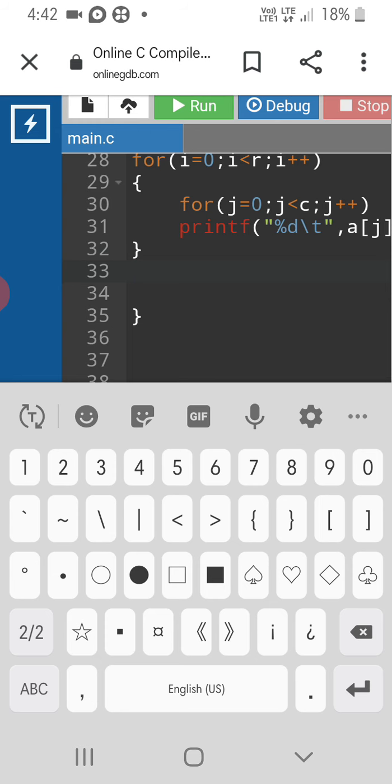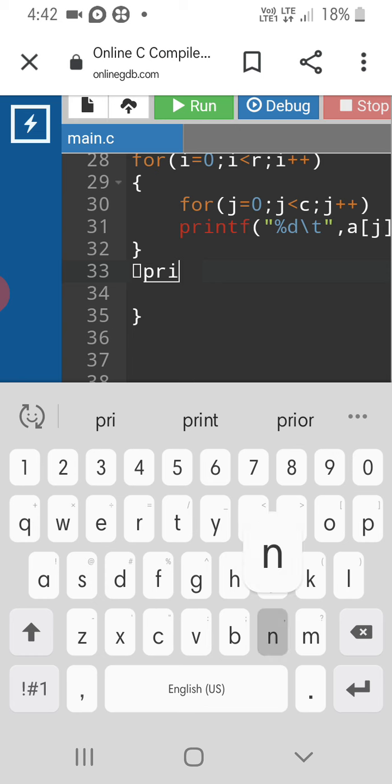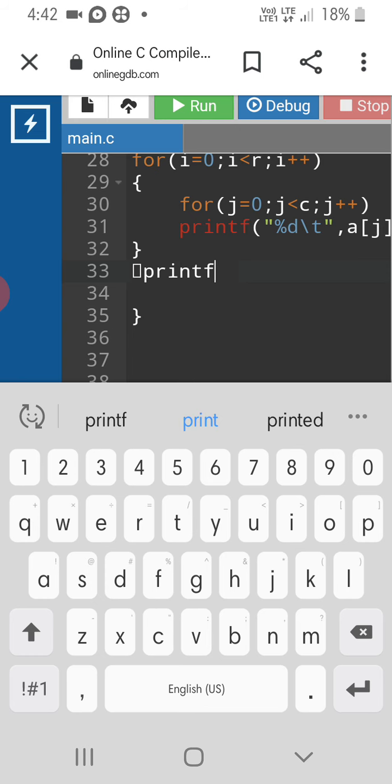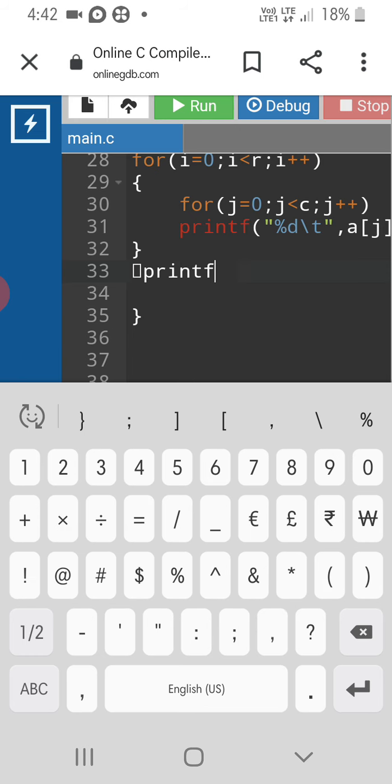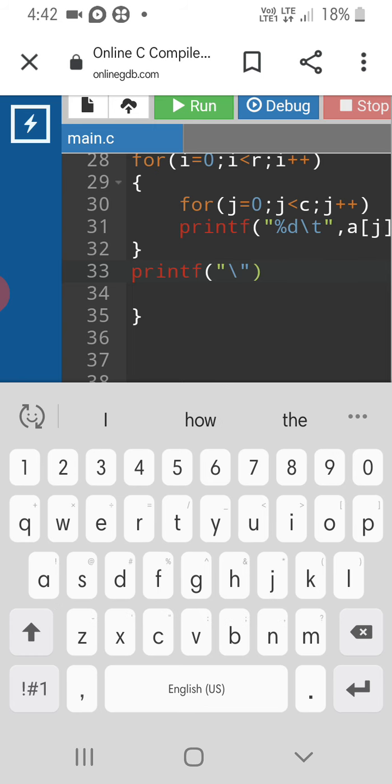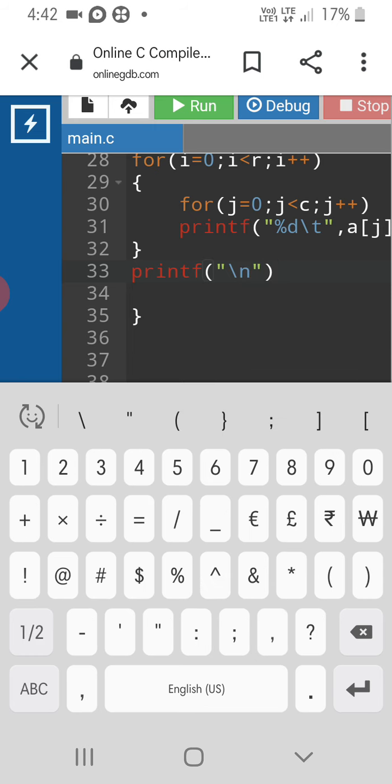And now printf, backslash n for new elements to print in the next row. Closing the outer for loop.